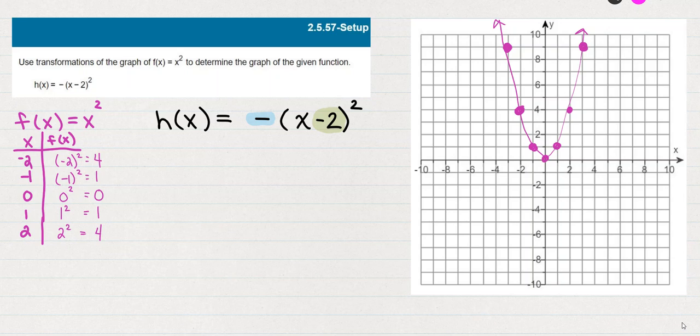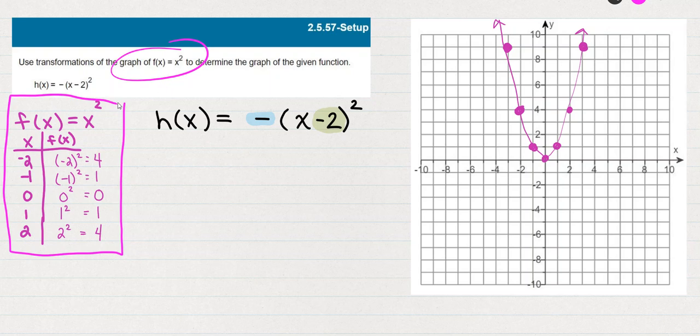So we have two different transformations going on here. We've got the negative out in front, the opposite, and we have a -2 inside the parentheses. So let's break this down. I'm going to start by looking at the graph of f of x equals x squared. Here I've done that